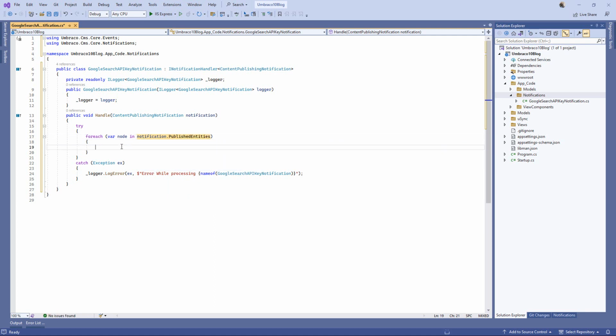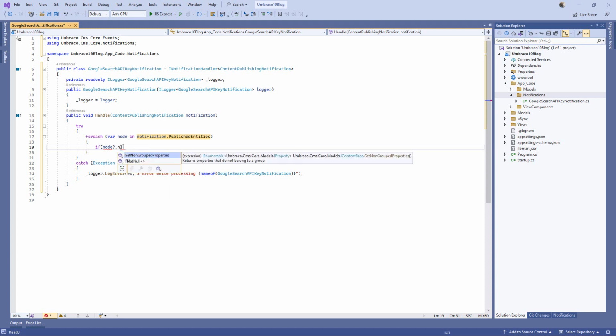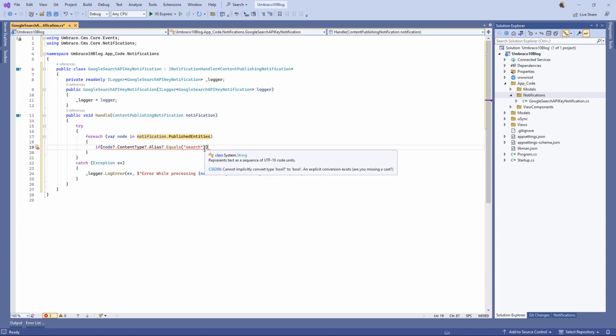when the entity is published, I want to check that entity one by one to know which one it is, because I'm getting many entities or many nodes. So for the node, the content type of that node dot alias is equal to which node we need to process here. I think it was called search, the main node. So if that equals search, let's leave it in a safe place,